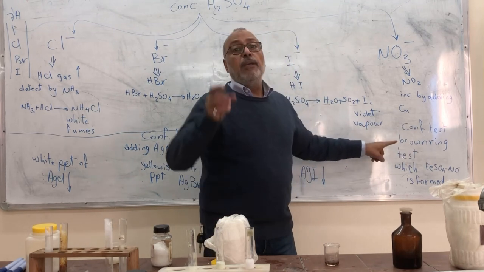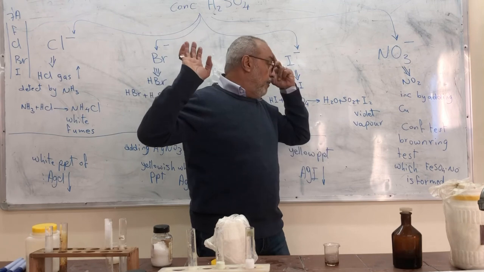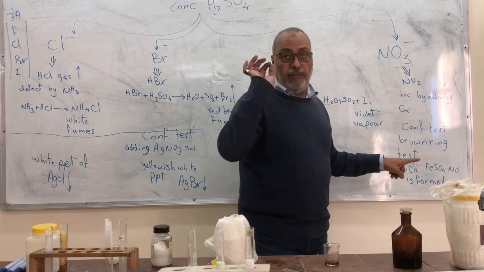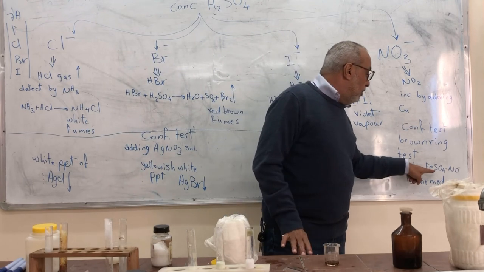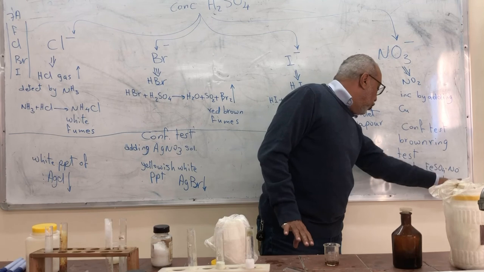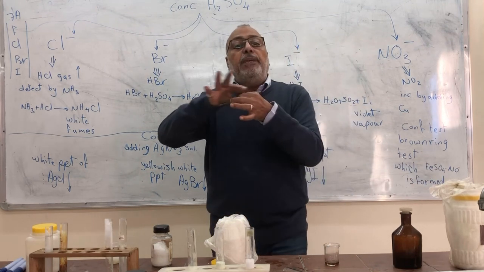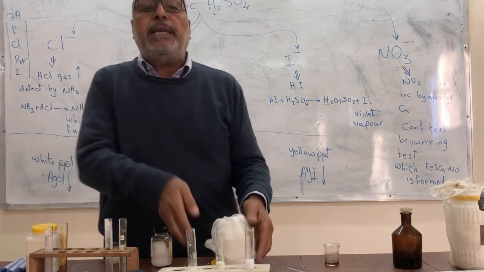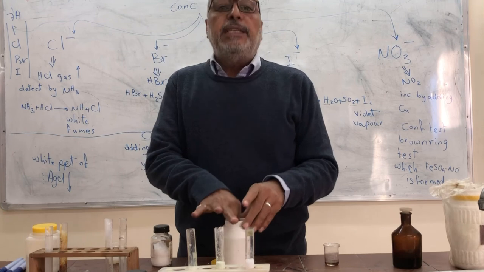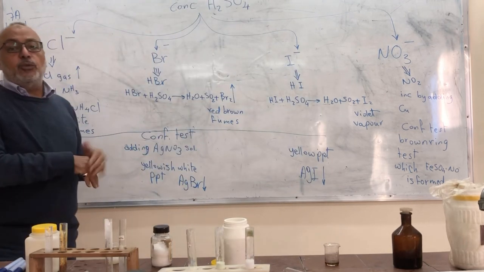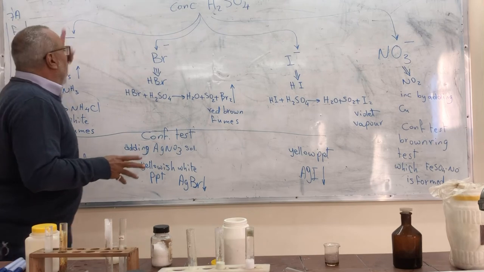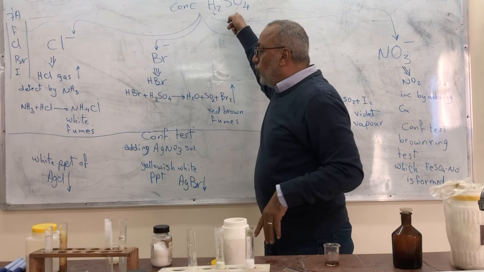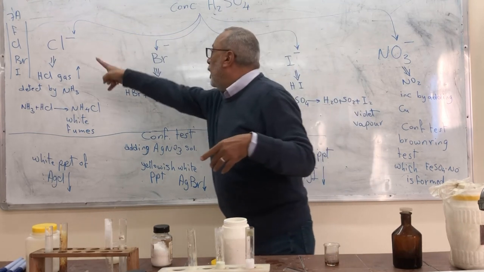Brown ring test, formation of a brown ring. I am very sorry because we don't have iron(II) sulfate. That is the idea of the experiment. It will form FeSO4·NO, and it appears as a ring between the two separated layers of the solution. This is the second group, conc H2SO4, which includes chloride, bromide, iodide, and nitrate. The main agent is conc H2SO4. The confirmatory test for chloride, bromide, iodide